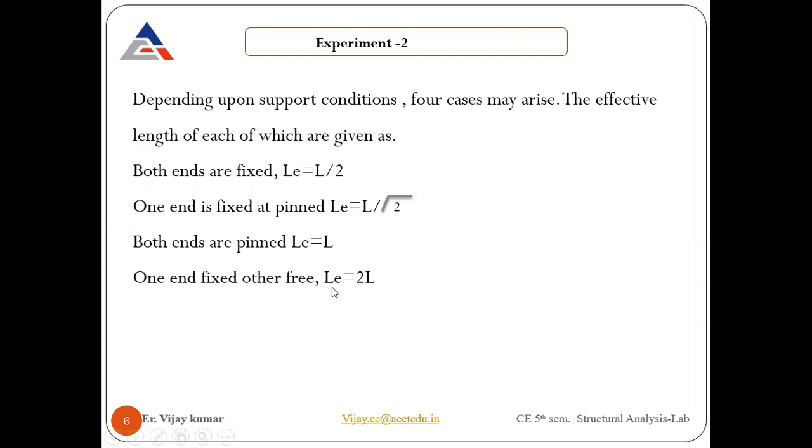One end fixed, other is free. In that case, deflection can take place on the complete length twice, because it can move to the downward side also. So if you take a pen or refill, hold it between your fingers and try to rotate it, you will find almost all the length is going to be double. Generally, it does not happen, but for understanding the analytical fundamental that we just saw, it will equal 2L in that case. So these are the end conditions we need to identify first, calculate values, and then put into the relation where we need to find the analytical value of the buckling or crippling load that we require.